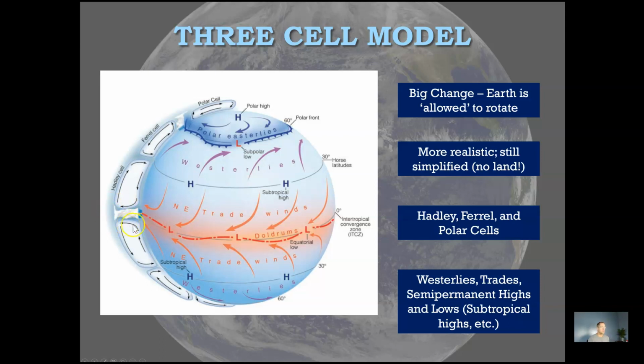the tropics. We get equatorial lows, and then we have this additional feature now showing up called the Intertropical Convergence Zone, or the ITCZ. Intertropical, within the tropics, convergence, air coming together, and the ITCZ ends up being pretty important when we start to talk about a lot of the tropical rainfall and even the development of hurricanes and other